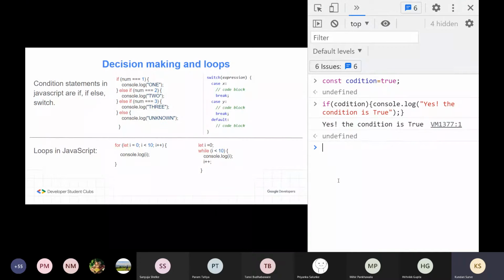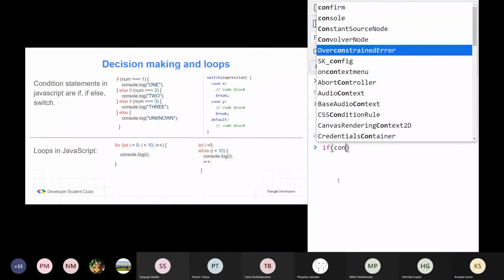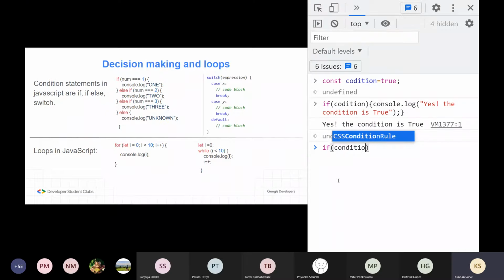Okay, so for example, if I want to check whether the condition is equal to true or not, if I try to do this,